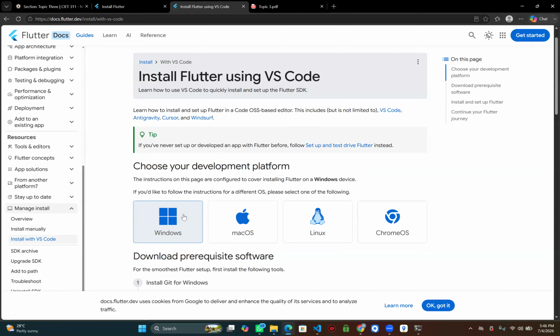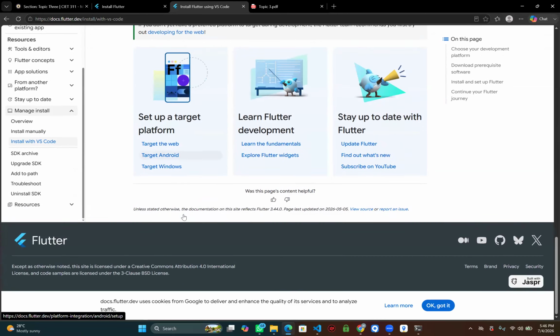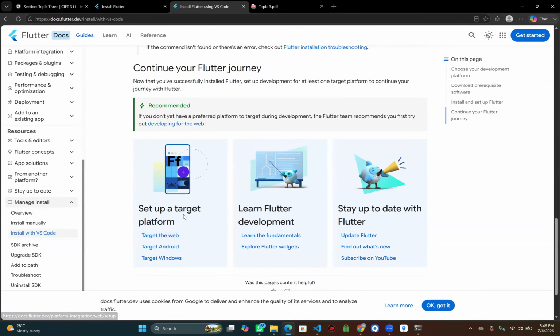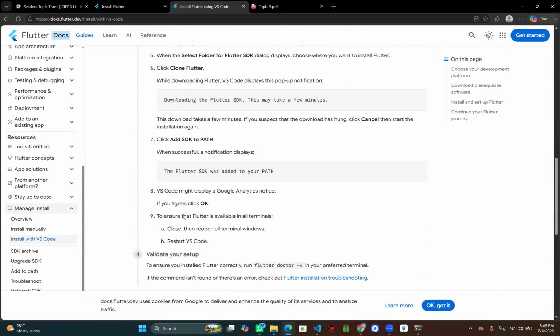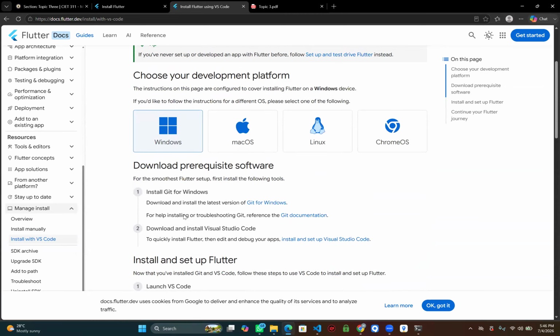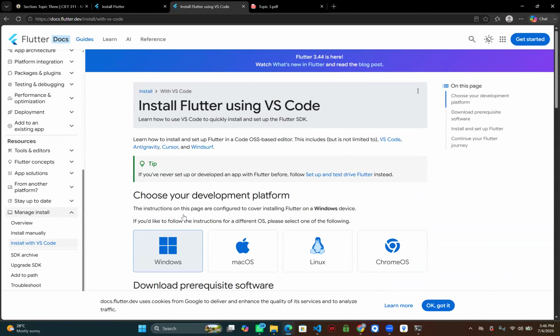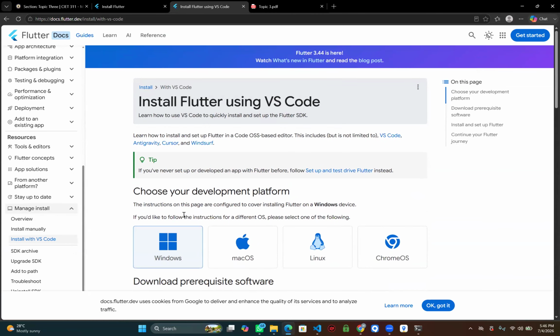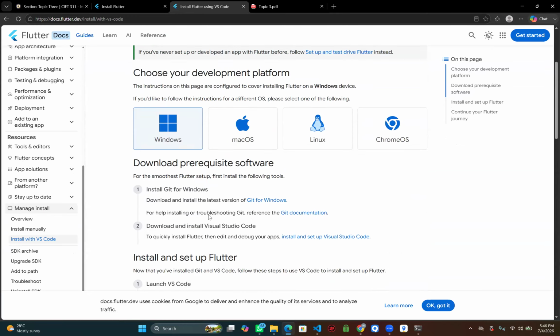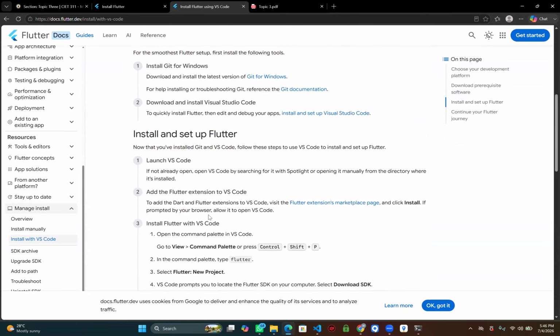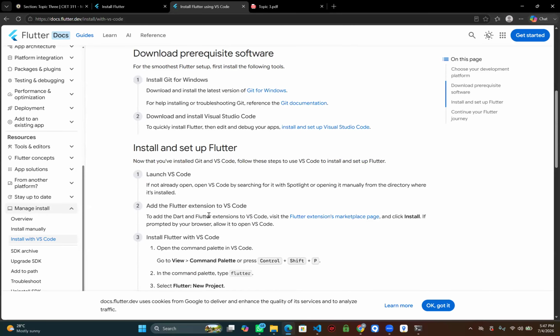It should show. Scroll down, scroll down. Okay, this is the last one. Go up a bit. It's telling you download prerequisite. Take your time.